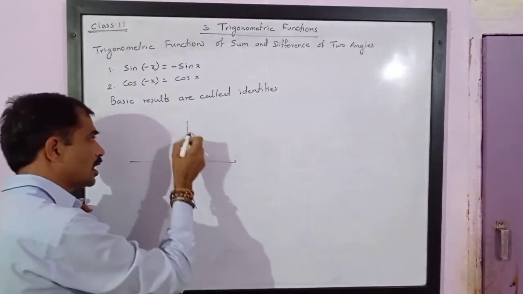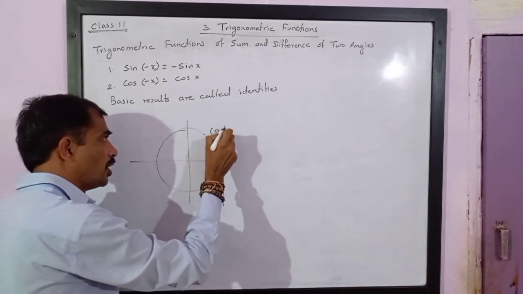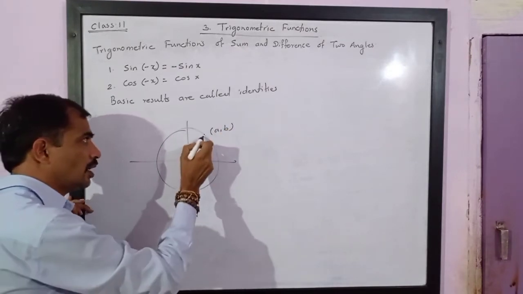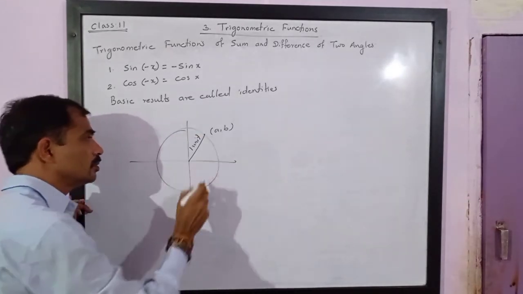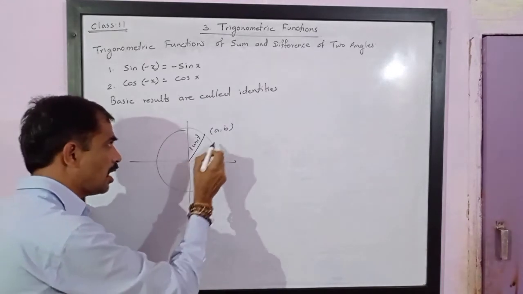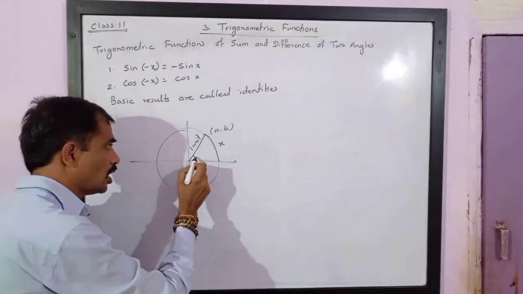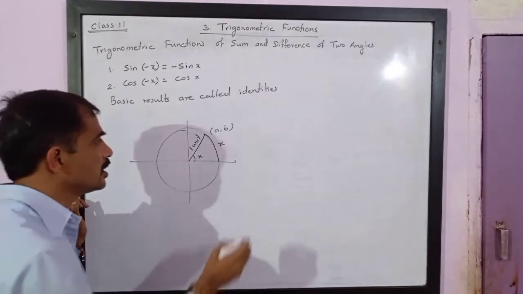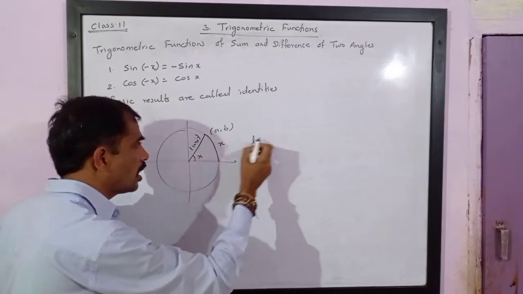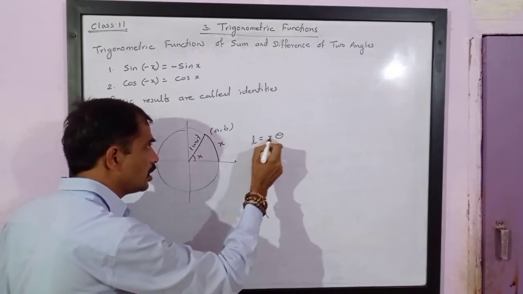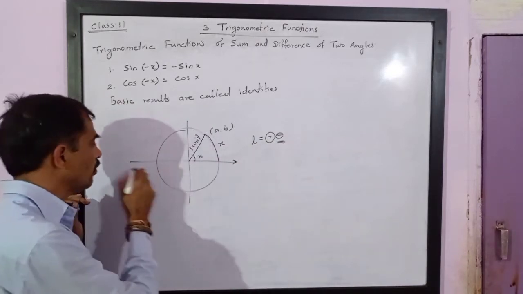If you consider this circle as a unit circle and let A and B be any points on the circle, it means the circle is of one unit. Now if this length of the arc is x units, this angle is also x. The reason is the length of the arc is equal to r theta, where r is the radius and theta is the central angle made with the positive direction of x axis.